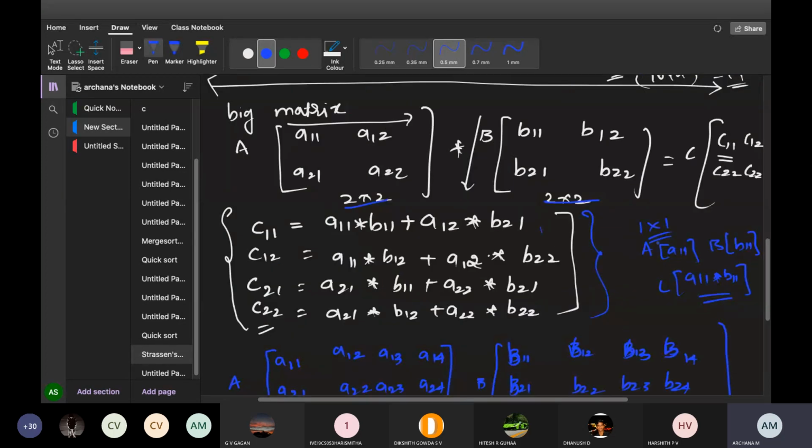Now, look here. When you have a big matrix, we can solve the matrix using the divide and conquer technique. This is where divide and conquer comes into the picture, where you have a big matrix rather than 2 cross 2 and 1 cross 1. When you have a 2 cross 2, there is no need to divide it again into 1 cross 1, because you already have 4 formulas for this. No need to break this.